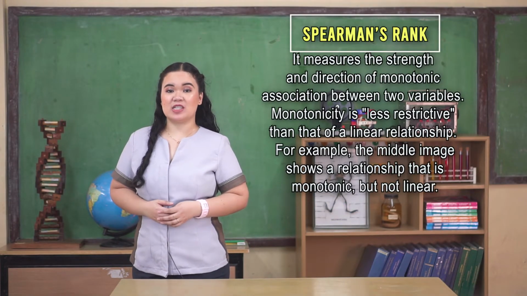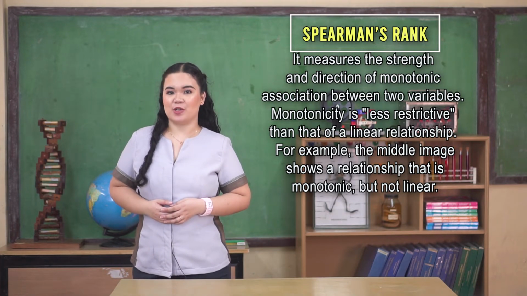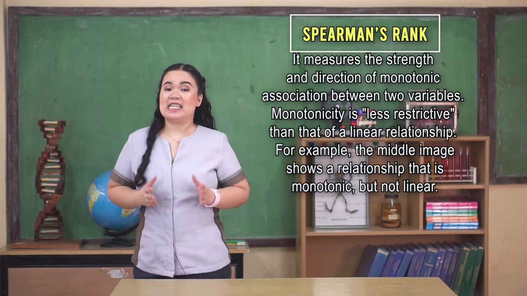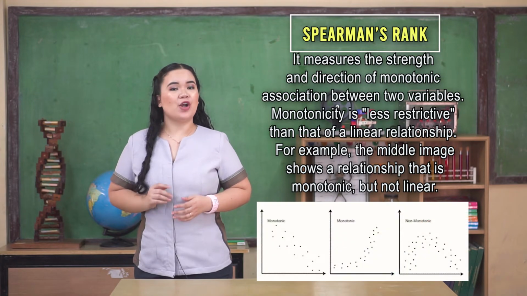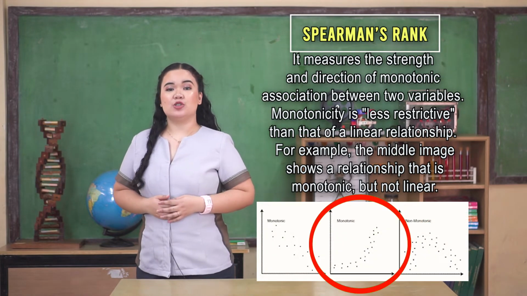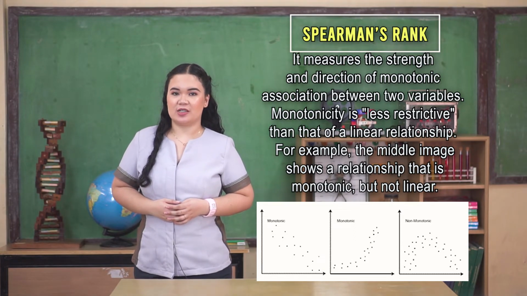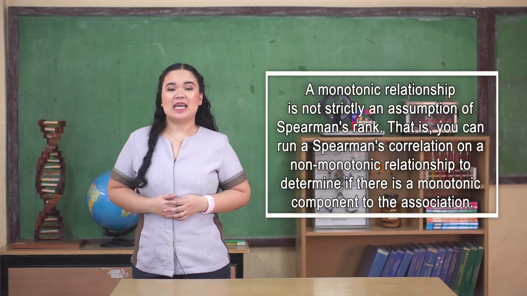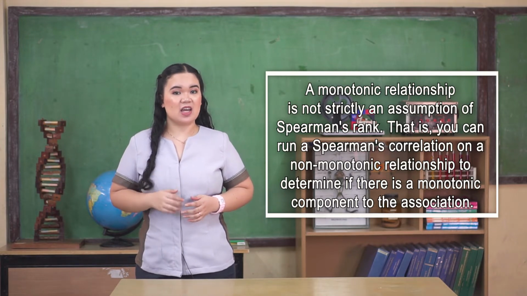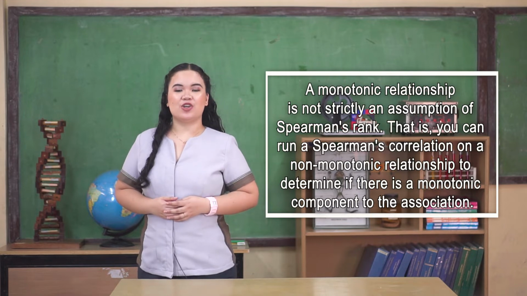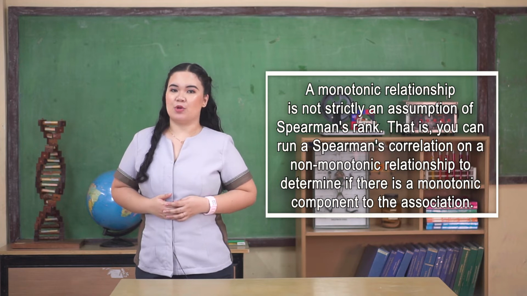Spearman's rank measures the strength and direction of monotonic association between two variables. Monotonicity is less restrictive than that of a linear relationship. For example, the middle image shows a relationship that is monotonic but not linear. A monotonic relationship is not strictly an assumption of Spearman's rank. That is, you can run a Spearman's correlation on a non-monotonic relationship to determine if there is a monotonic component